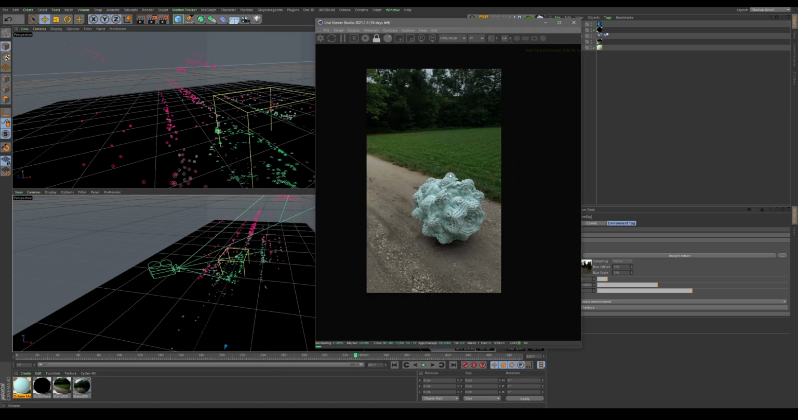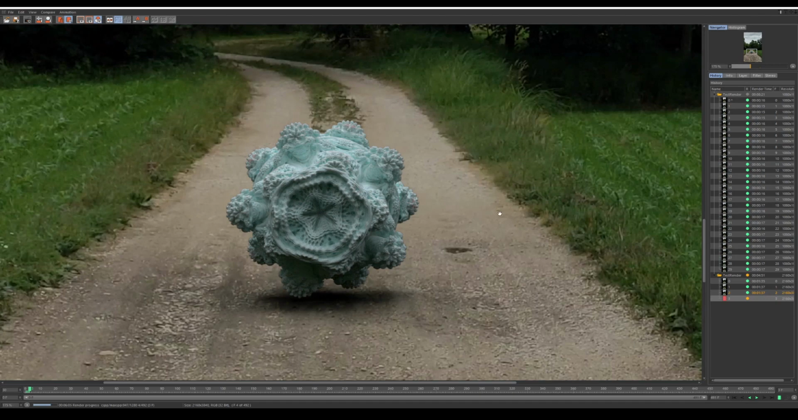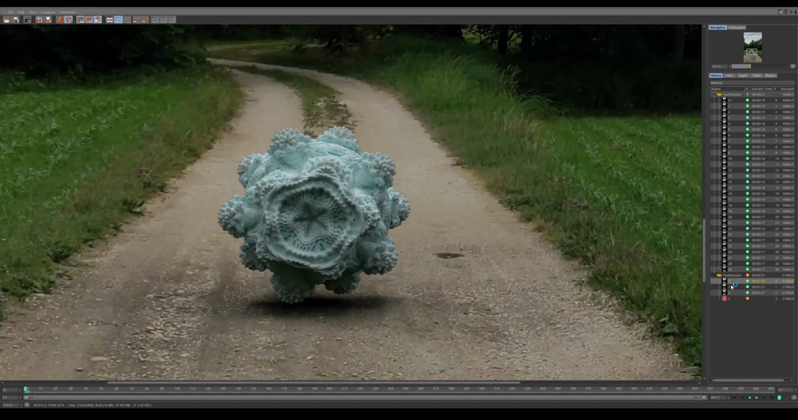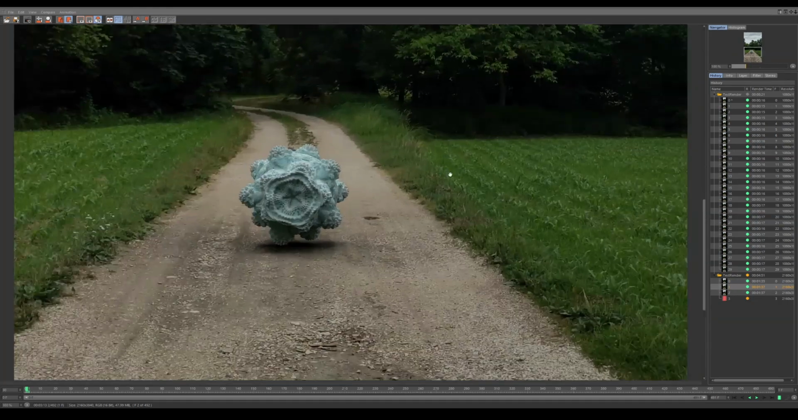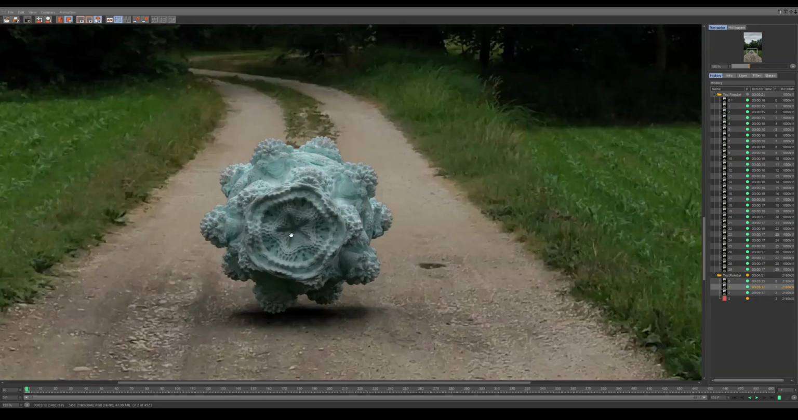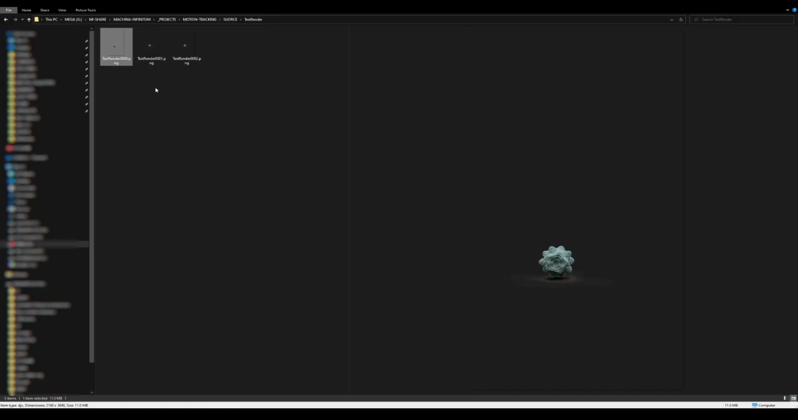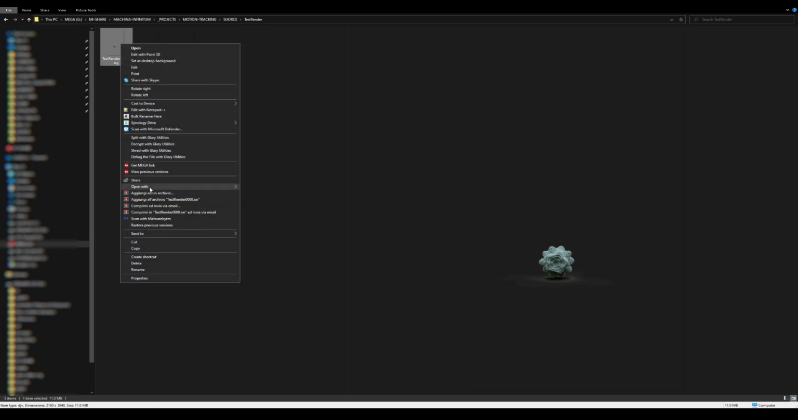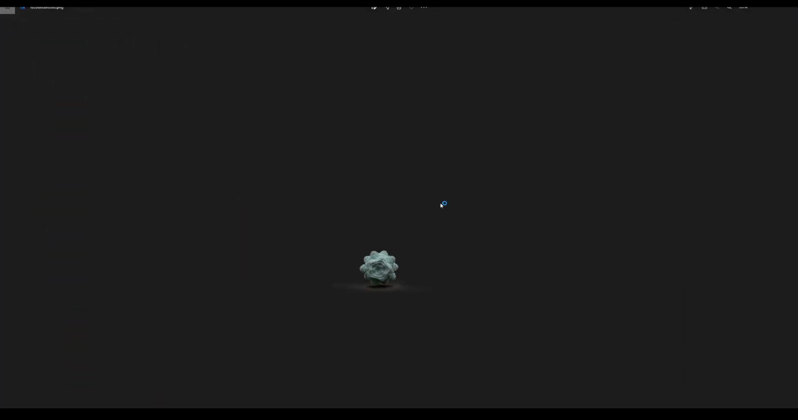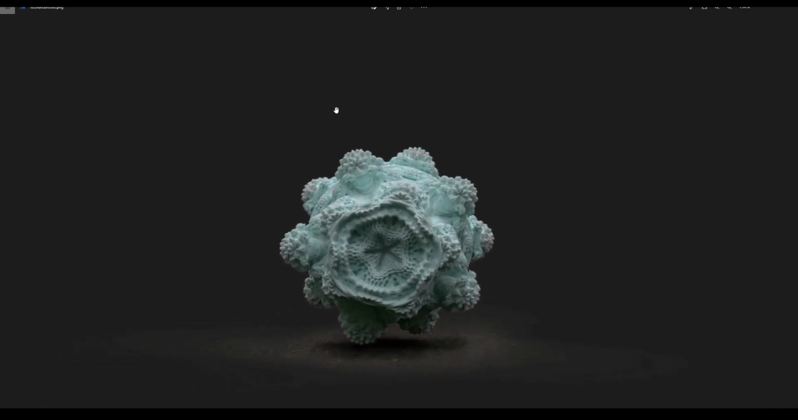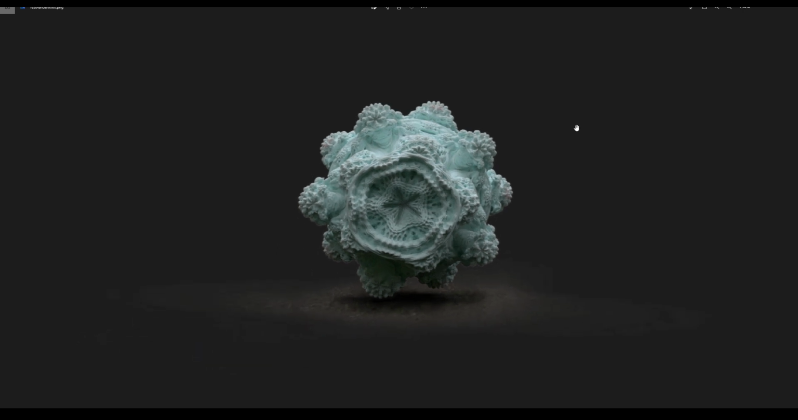And that's basically it. Okay, so it's rendering. Looks good. I'm going to stop this because I already have the old footage. But let's check the images. So test render. But you see that there's no background. That's because we have to composite that in After Effects. So to do that,